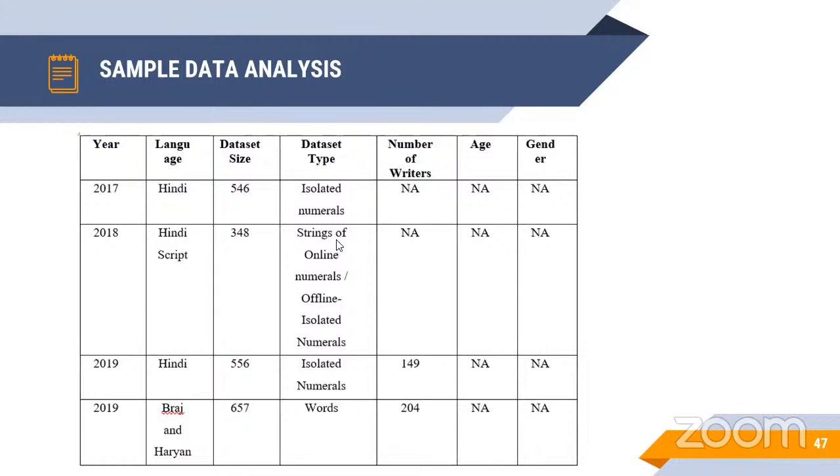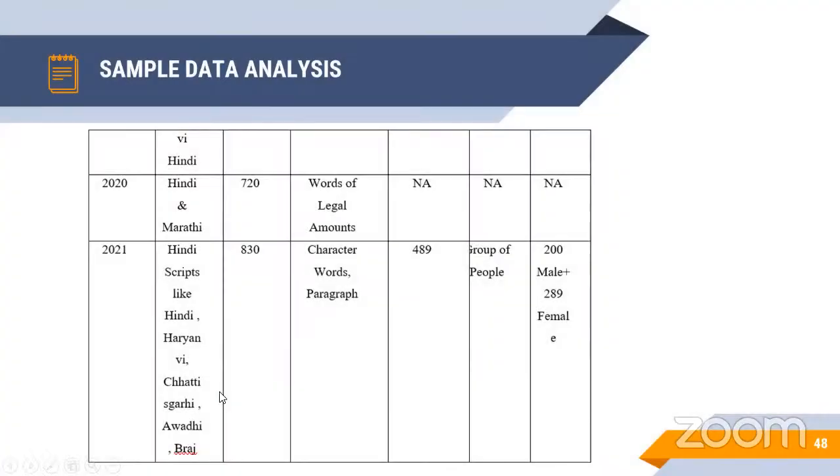So in the year 2017, there is the Hindi language, with the data size of 546 and the isolated numerals, the number of writers is 0, the age is also 0, and the gender, I also identified the data based on the gender, male and female. In the year 2018, the data set size is 348, with the strings of online and offline numerals, with isolated numerals, but the number of writers and age and genders are not applicable. It is 0. But when I want to go for my research work, and in the year